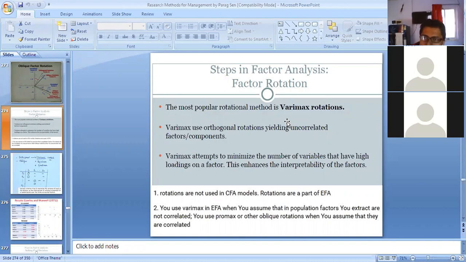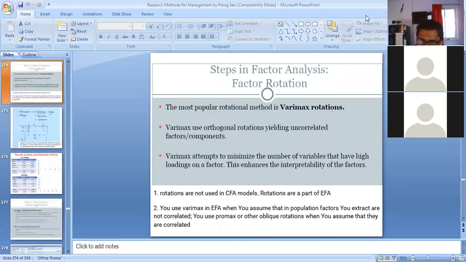You do not know about those factors beforehand. So that's why factor rotation is done in exploratory factor analysis. Okay, because you have no idea how the variables can be grouped.